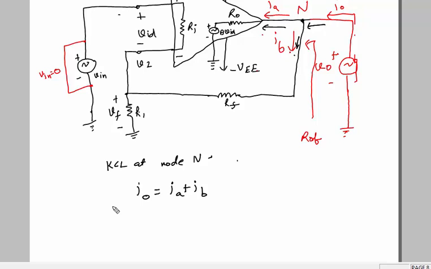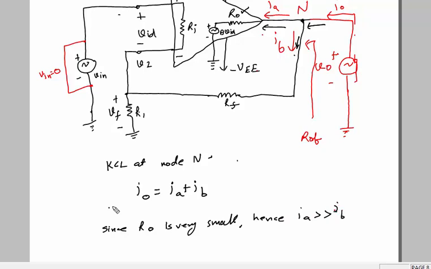Now since R naught is very small, basically this R naught has to be very, very small, it means it will take more current. So we can write, since R naught is very small, hence IA is very, very much larger than